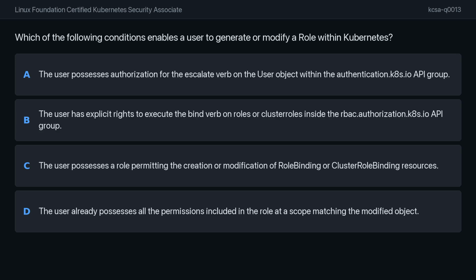Which of the following conditions enables a user to generate or modify a role within Kubernetes? Option A, the user possesses authorization for the escalate verb on the user object within the authentication.k8s.io API group. Option B, the user has explicit rights to execute the bind verb on roles or cluster roles inside the